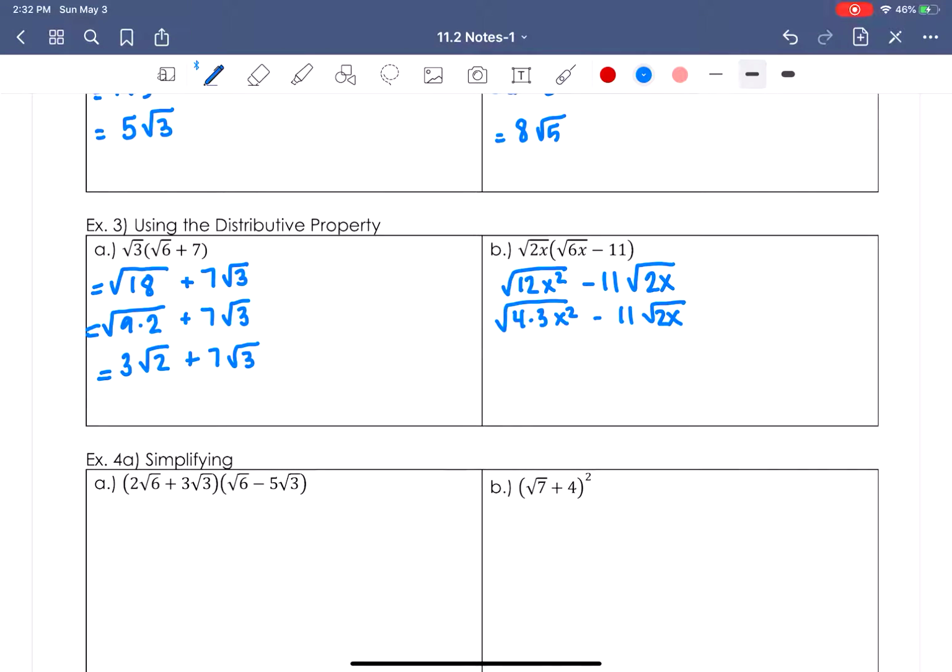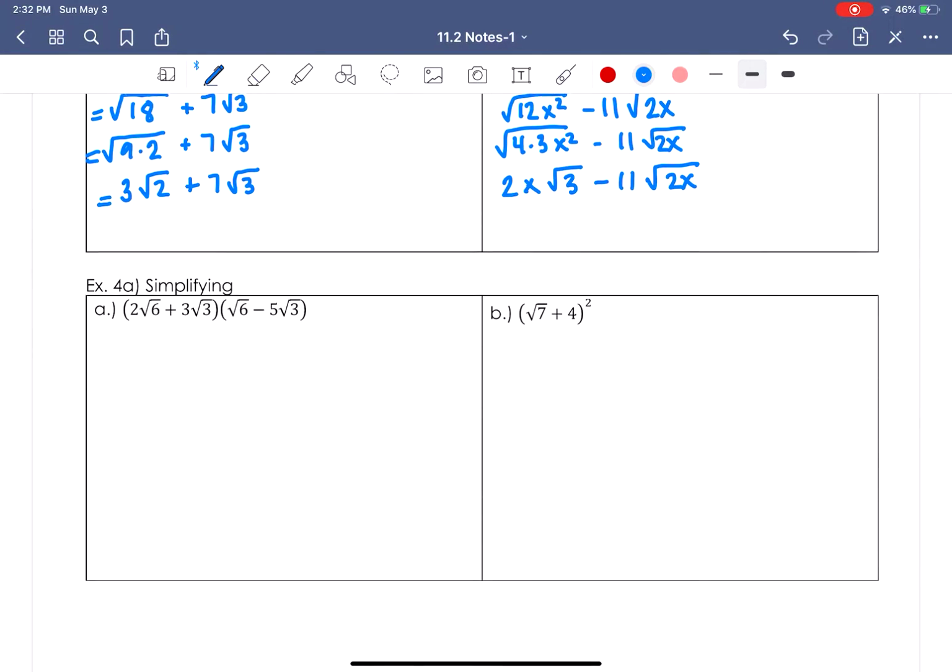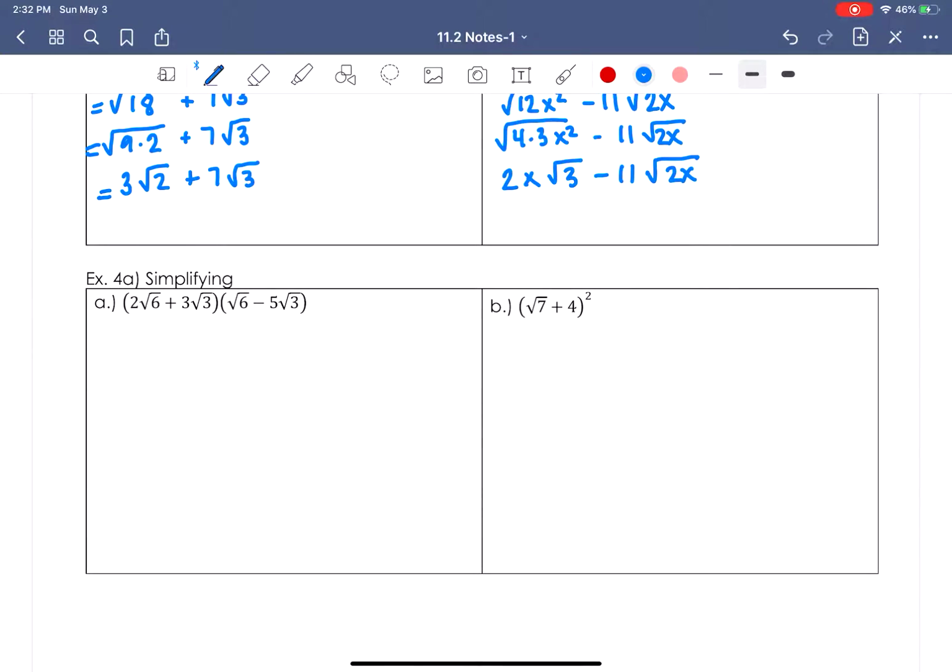So the square root of 4 is 2. The square root of x squared is x. And then I have radical 3 minus 11 radical 2x. Again, underneath the radical is not the same, so I can't combine them together. All right, and if we look at these last two,